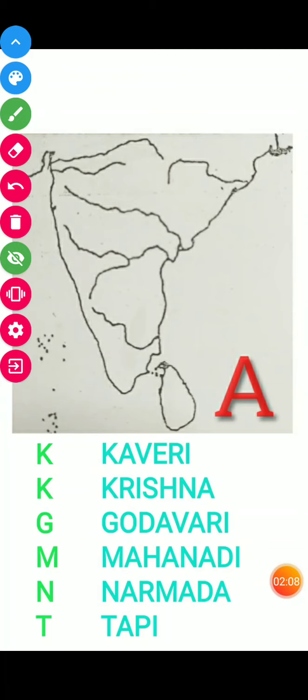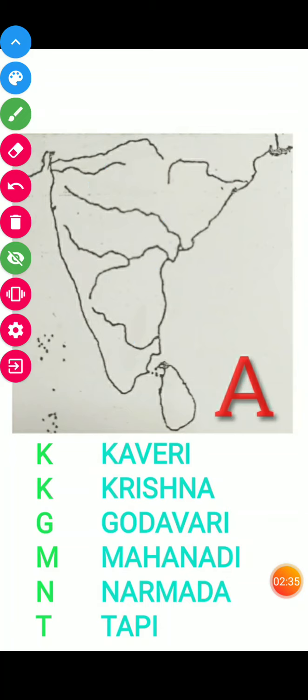That special method is you will learn a short abbreviation for the rivers. Here you can see 6 rivers which I am going to mark. This will be the river 1, 2, 3, 4, this will be the 5th and 6th.